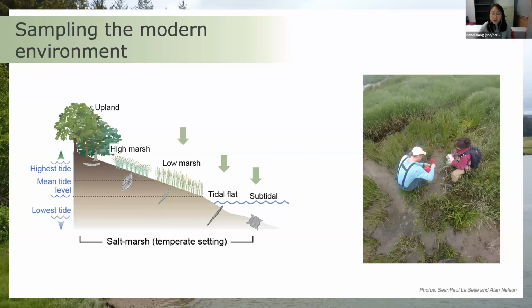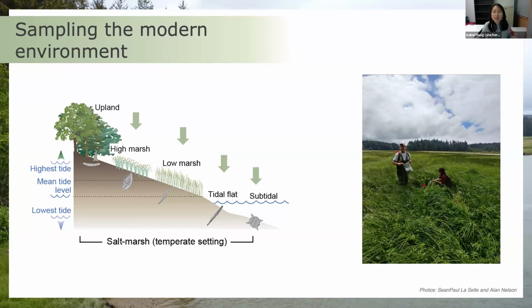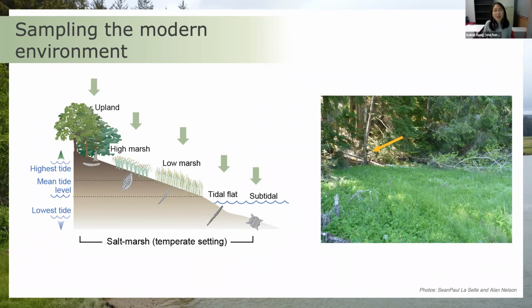The low marsh environment, where we began to see more presence of vascular vegetation. And then the high marsh, you can see that the vegetation becomes much more dense, and we sampled there as well. And then in the upland environment, I forgot to take a picture of sampling in the upland, but this picture does a very nice job, I think, of showing you the transition of the upper limit of the high marsh environment as we transition into these forested upland environments. And so the sampling would then continue past that transition and up into the upland environment.